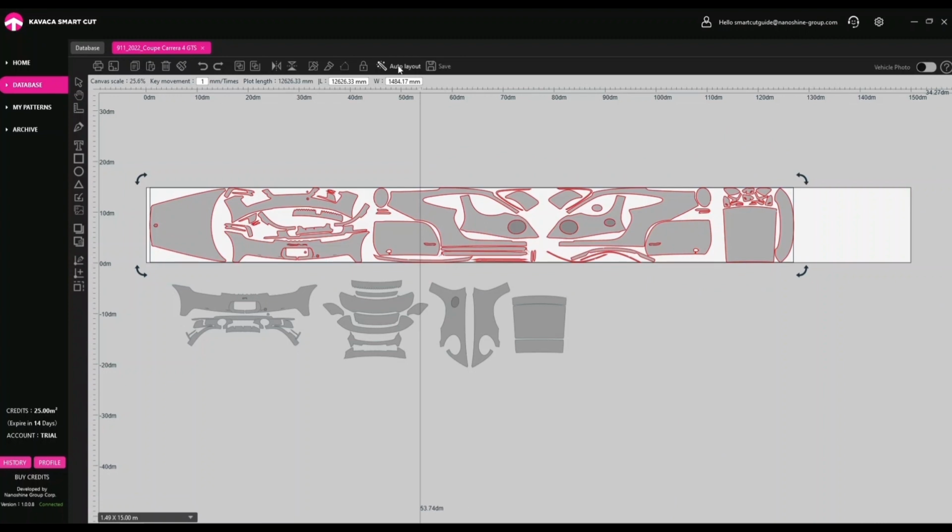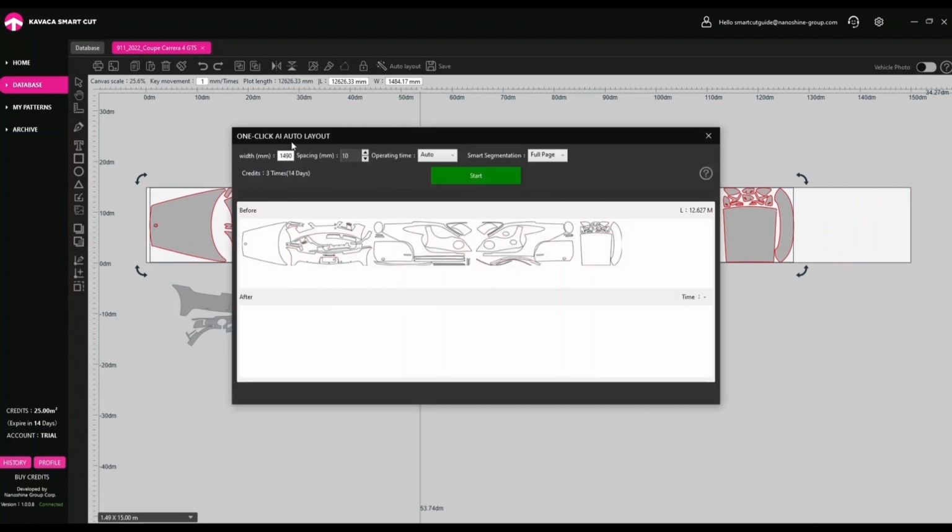In the window that appears, the pattern grouping width is configured. It duplicates the specified settings for the canvas width, interval between patterns, auto layout execution time, and settings for grouping patterns into segments. We recommend using the automatic mode, since the processing time depends on the number and shape of the patterns. Sometimes it takes a few minutes to get the best result, but sometimes over 5 to 10 minutes.